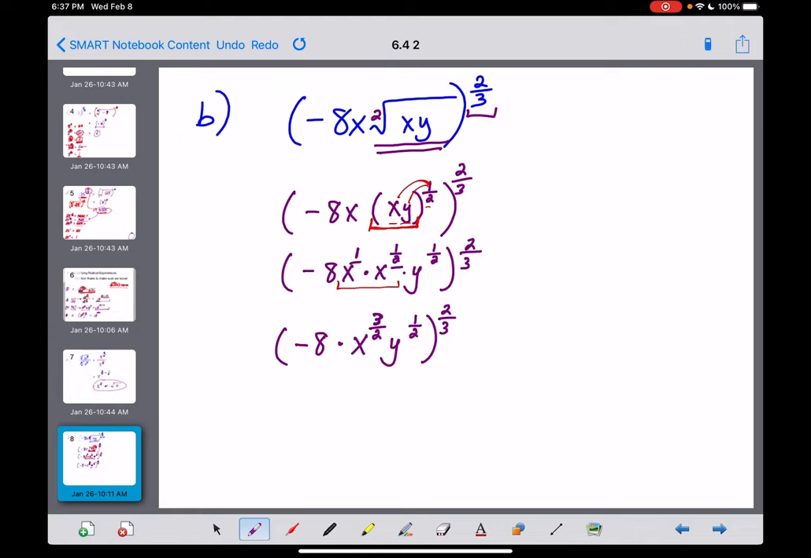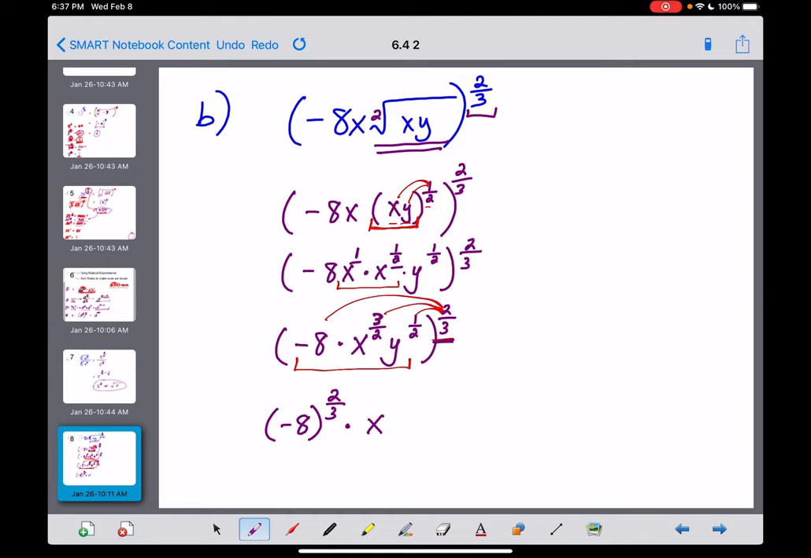Now, there is nothing else we can do inside that base, everybody, inside the parentheses. Negative 8, x to the 3 halves, y to the 1 half. It's all you can do. So now we have a 3-factor monomial base being taken to a power. This is where you guys are going to tell me we backwards distribute that exponent. So what's going on here, guys? Negative 8 is going to get taken to the 2/3 power times, now this is interesting, x gets taken to,